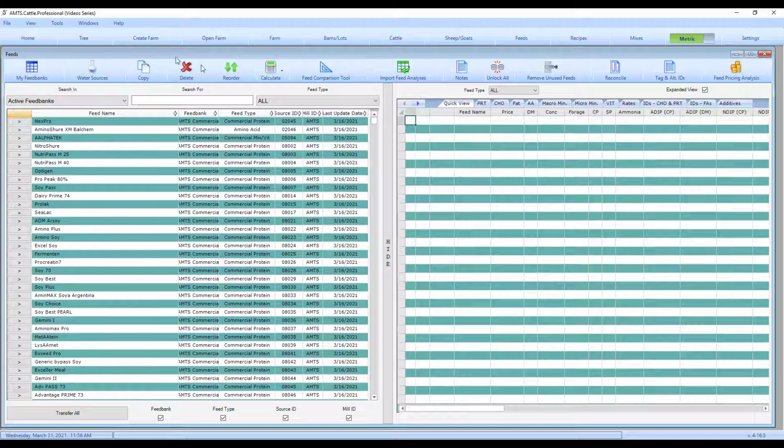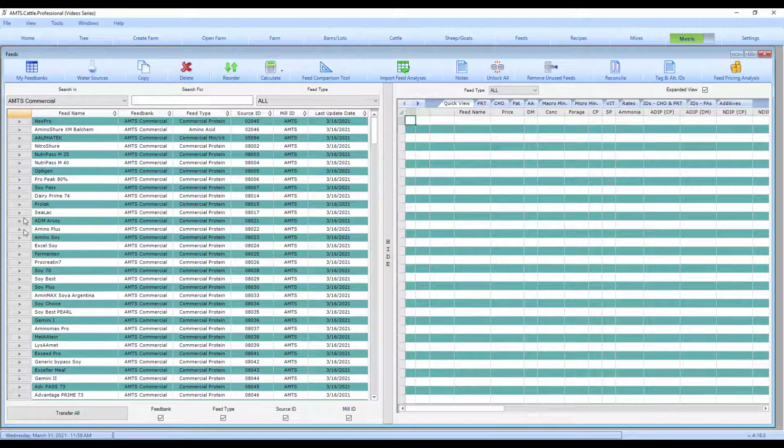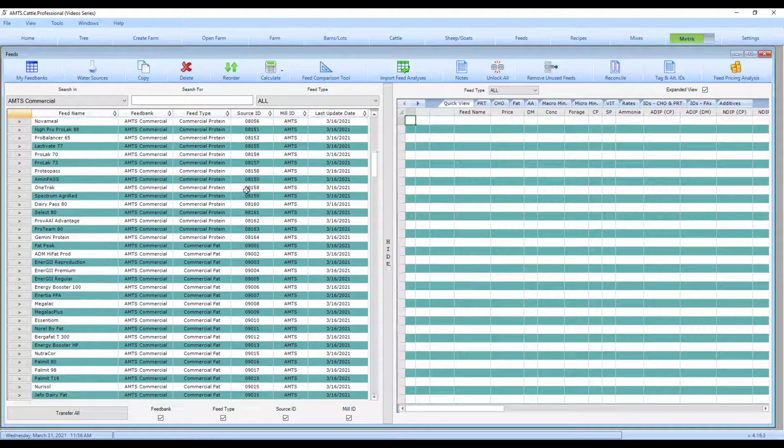Now, I'll give you a brief overview of feed banks. Feeds in the feed bank side of the feed screen can be considered index or standard representative feeds. The 4 feed banks preloaded have different characteristics. The AMTS commercial feed bank contains commercial products that may be included in ruminant rations. This feed bank has a couple of special characteristics that make it easier to use in AMTS.